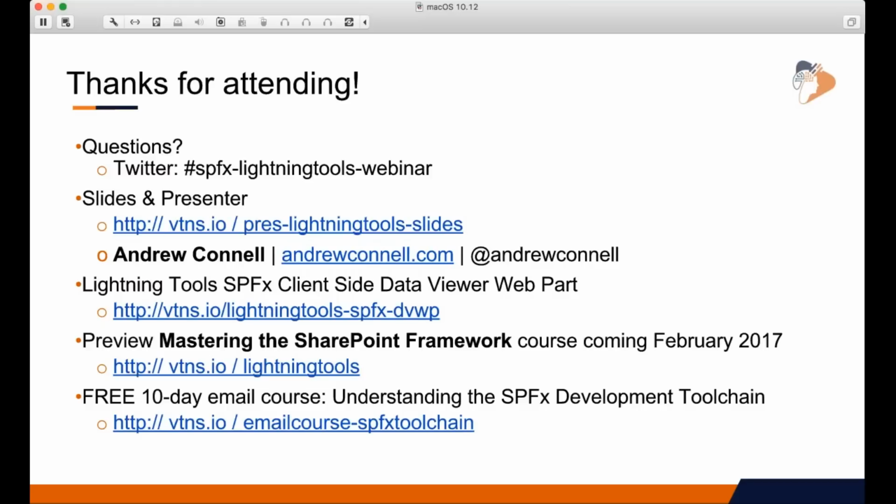But the SharePoint Framework does allow them to do a lot of stuff. So there's a link there that's going to take you to the page on the Lightning Tools website where they talk a little bit more about their experience. There's a couple screenshots and a link to a video on YouTube where you can see the web part in action.